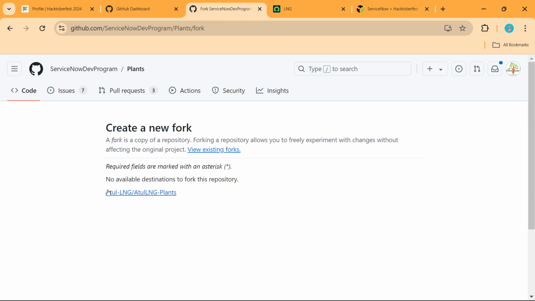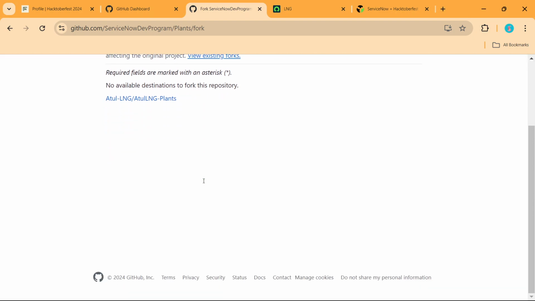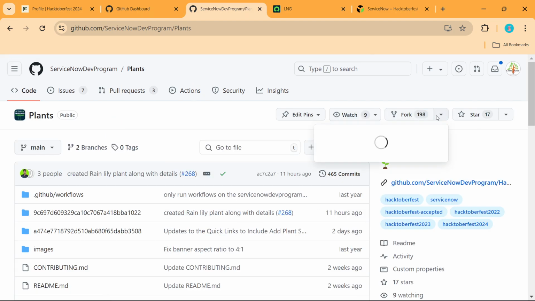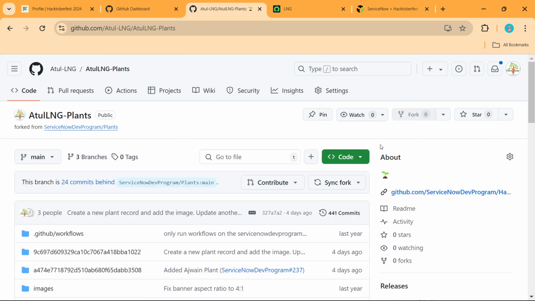So it says you already have a fork available. Okay, like this one. In my case, I already have a fork available. This one, Atul LNG plant. This is my fork. It means I created a copy of this particular part. Open it. Now in the fork, what you have to do is create a branch, because multiple people